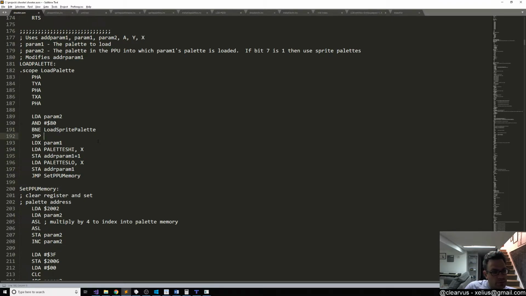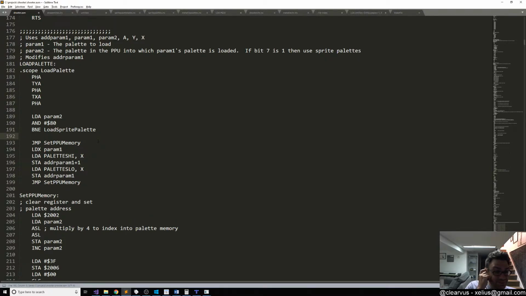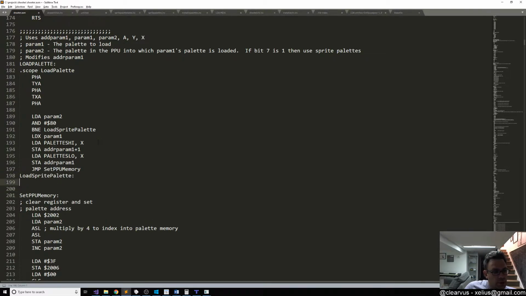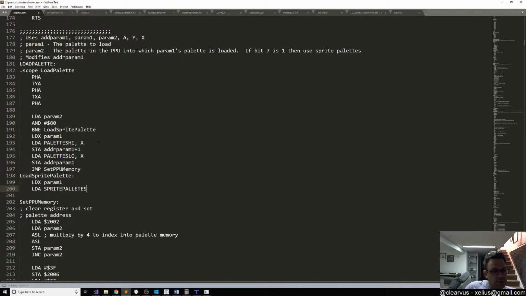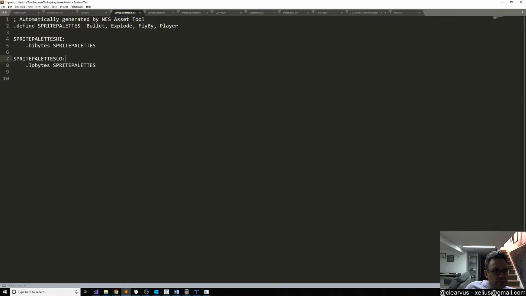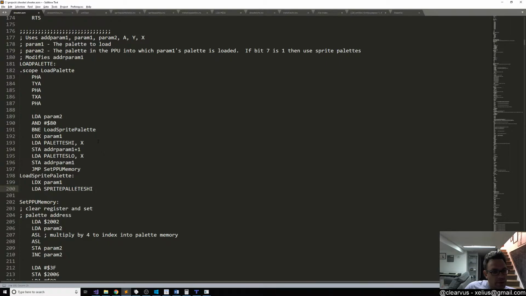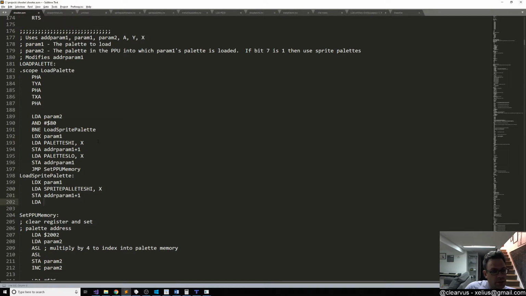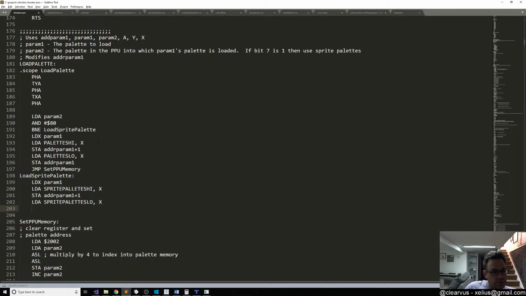Jump to set PPU memory there. That's there. Okay. So load x param 1 and then load a sprite palettes high. Right, that's what I called it. Yep. Sprite palettes high x, store a outer param 1 plus 1, load a sprite palettes low x,